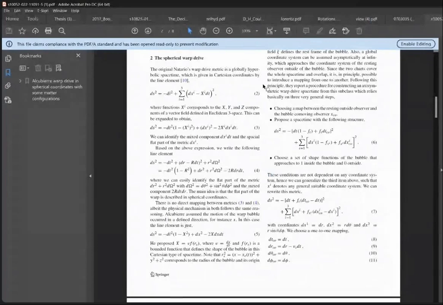What we already published is that this change in coordinates doesn't really say how the shape function is going to be. So we want to know how the shape function, or the form function, is going to be, so we can have some warping effects and some physical effects, and what effects we have on the matter content. So in order to do that, we say, well, this goes